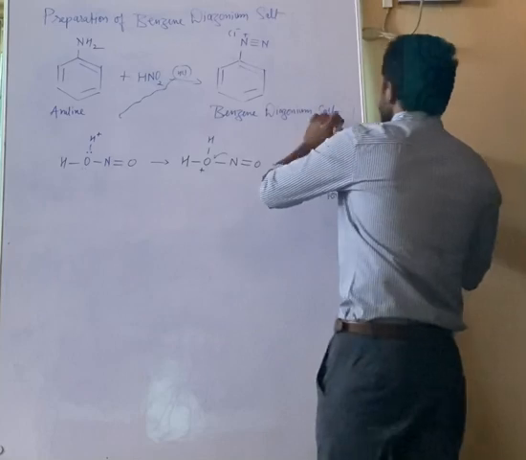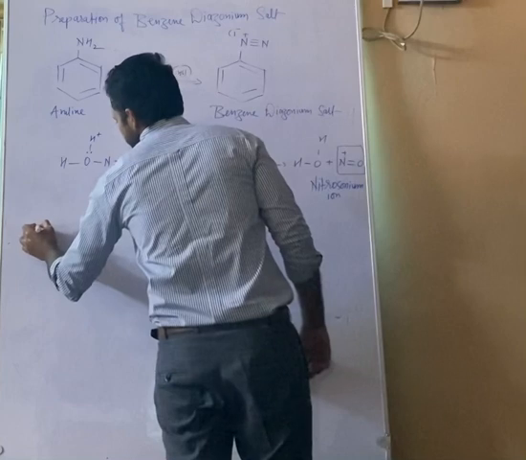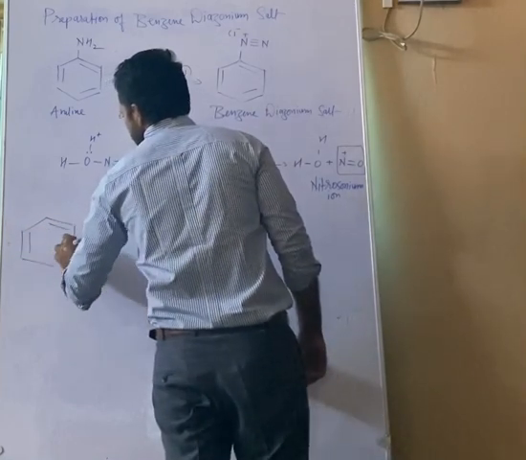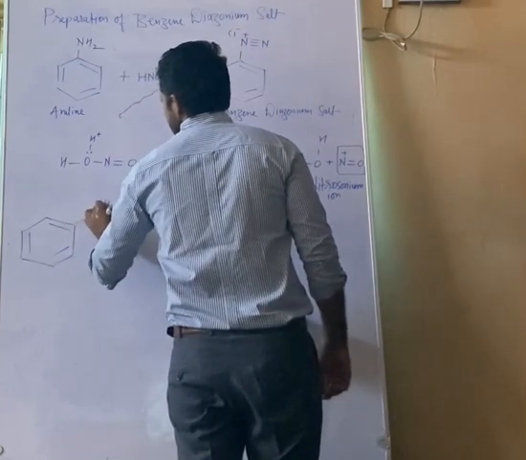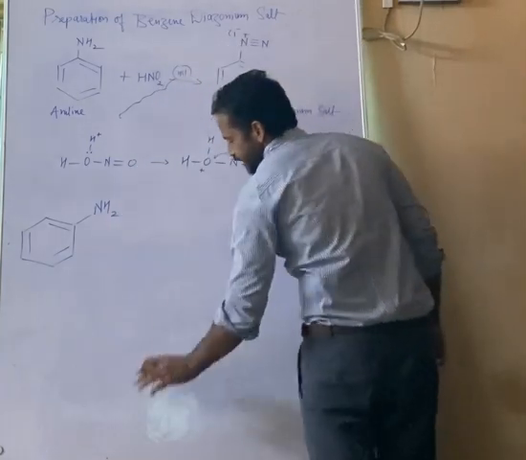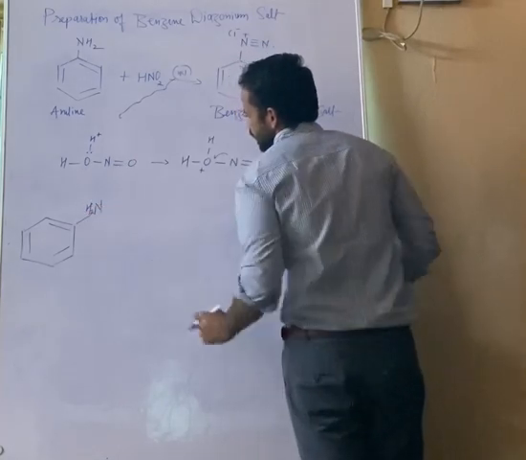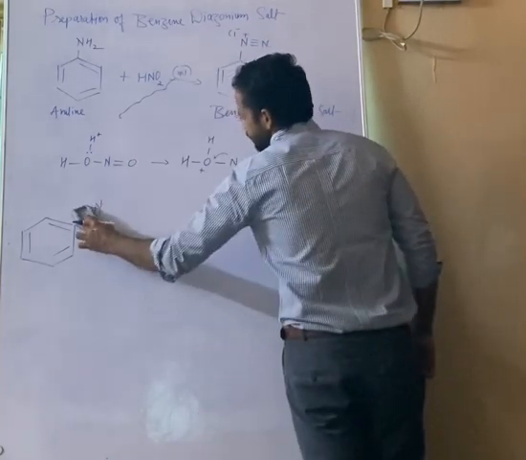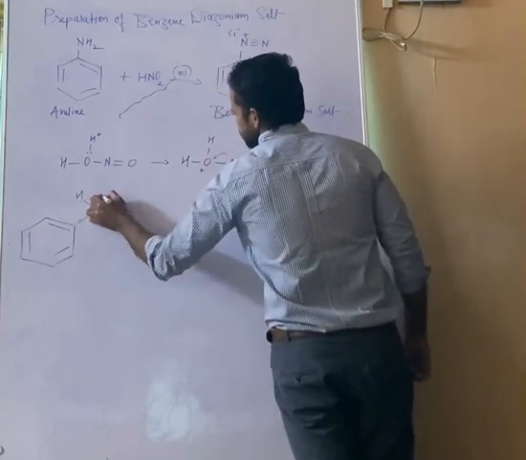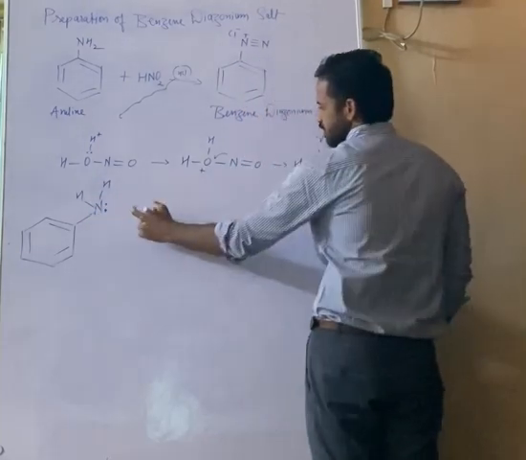Now this electrophile will go and attack on aniline, and that is our next step. So I'll take aniline. This is the aniline. I'll slightly change the position of the hydrogen and show it on that side, like this, as it is required in the mechanism, I need to show the bond. So it is like this. Okay, now there is a lone pair. Now this nitrosonium will come here.